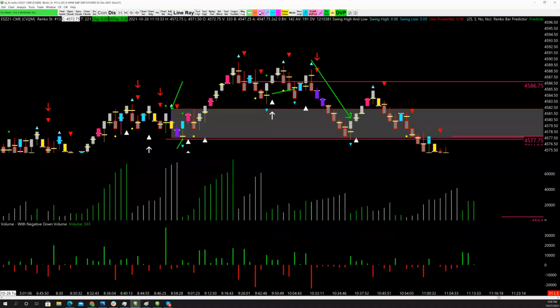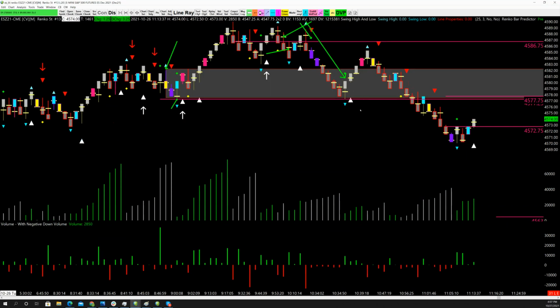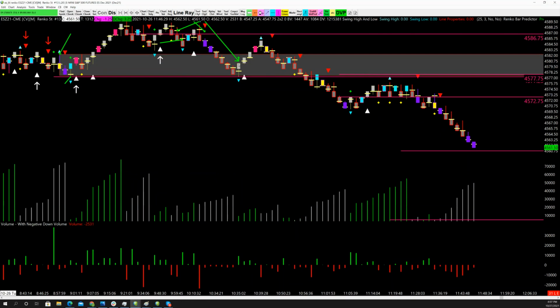But you would have done that with smaller size to try to get an anchor. So the idea would have been, let's say you put 2 contracts on here, you get your anchor, you're in location. Then when we come back over here for the backside test, remember you're anchored back over here with this bar right here, backside tests. So you're anchored on that bar, and now when you're adding, that's all the way up at 45.86. Even if you did 1 contract there,